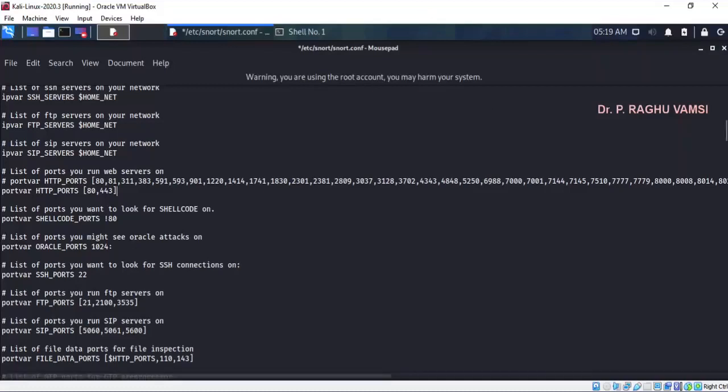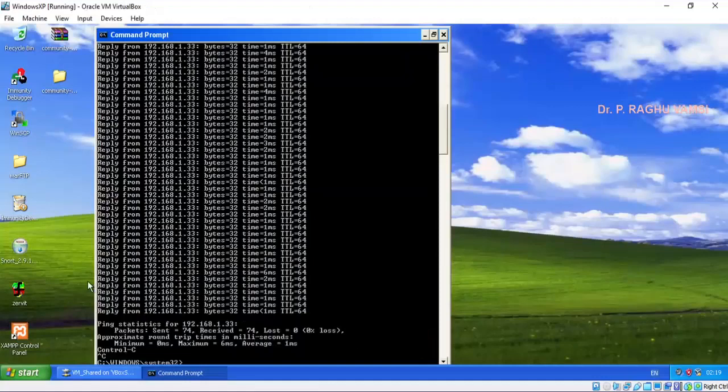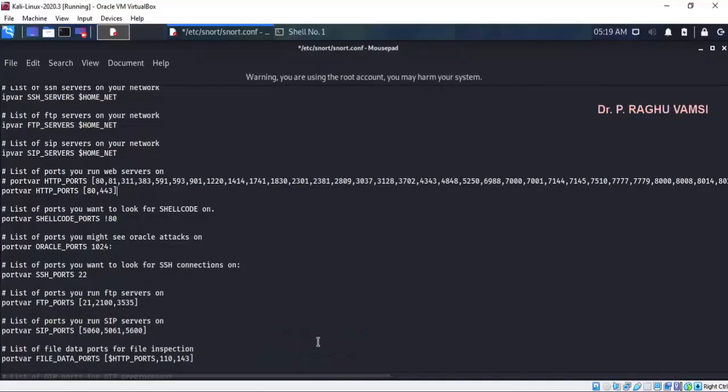And if you run nmap from Windows XP to the Kali Linux, you will see all ports are closed. So that means, in general, at the server end, usually system administrators especially will close all the ports. Only the ports which are to be public, to communicate with the public, like 8443, only those ports will be open. Remaining ports will be closed for safety purposes. So in this context, it will be helpful if you mention only specific port numbers instead of all possible port numbers to use for HTTP.